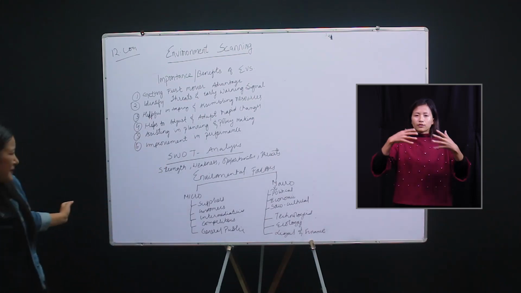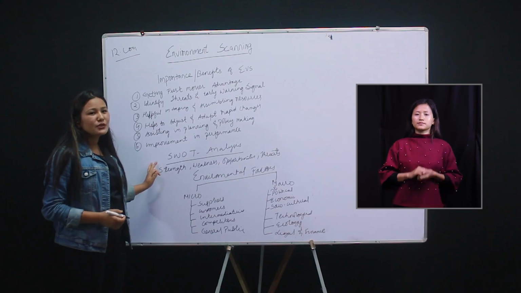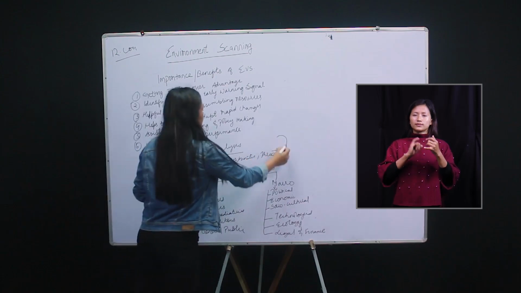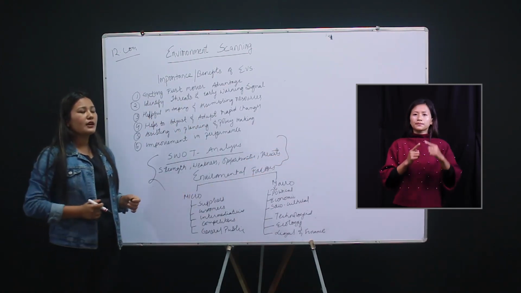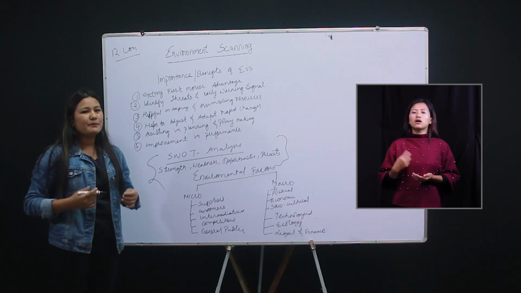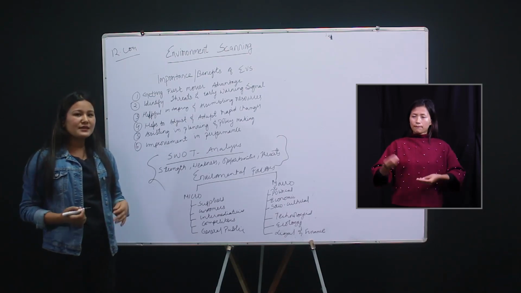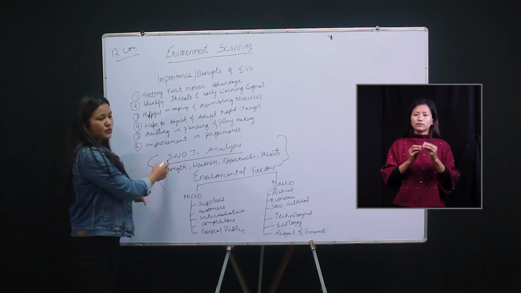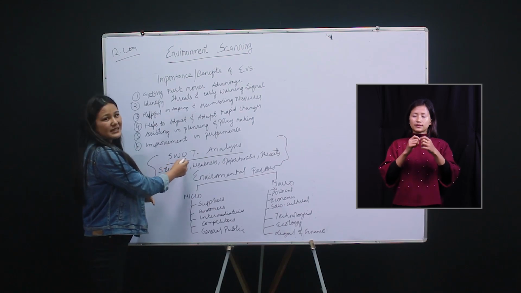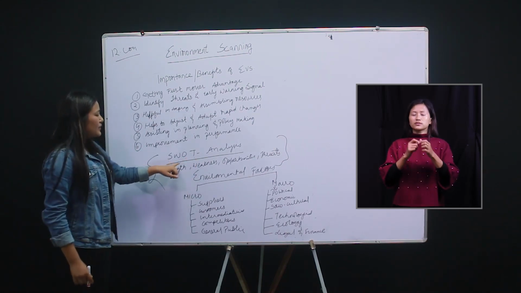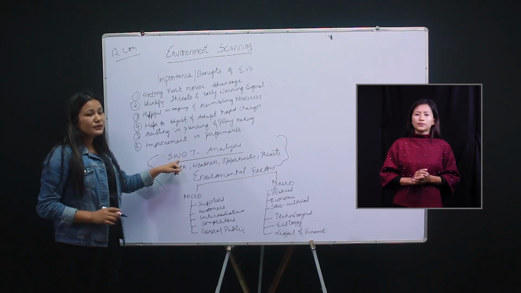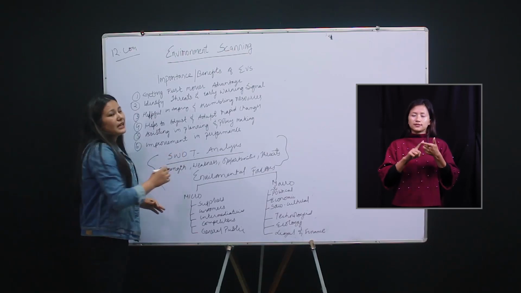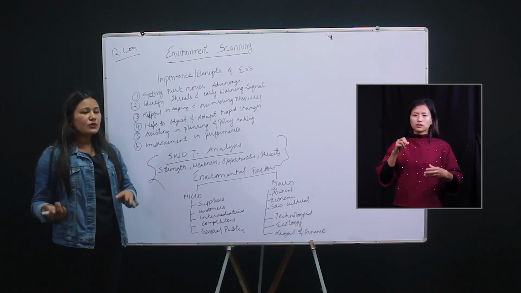Next, let's go to this small topic under your unit, that is SWOT analysis. This is a very small topic, but it is very helpful for an entrepreneur, and helpful for a person individually and personally as well. SWOT is the abbreviation of strengths, weaknesses, opportunities and threats. Strengths and weaknesses are always internal to the business, which means they are within the control of the business, and opportunities and threats are outside the control of the business.